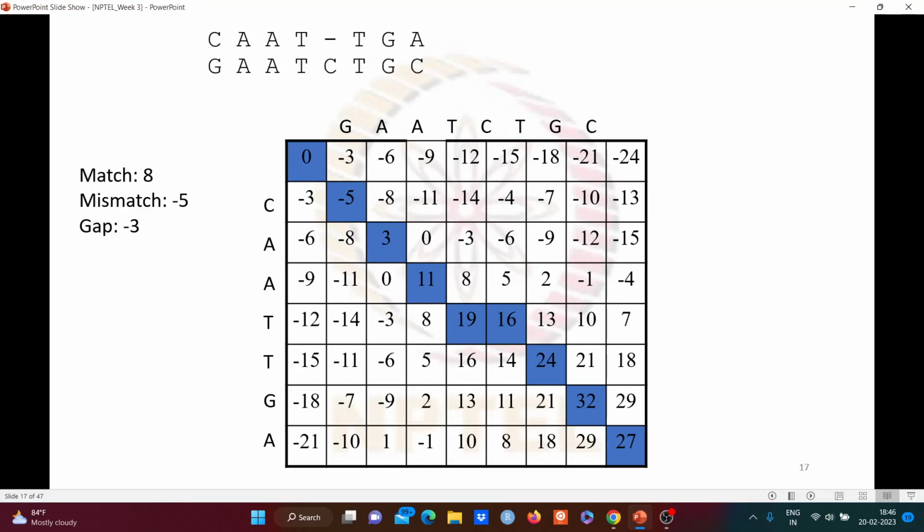Okay, once we have this final alignment, someone asked me how this traceback came about. When you consider this last cell, which is 27, from 27 we are moving diagonally towards 32. That means the chance of a match or mismatch is high. So we add A and C, and from the 32 cell